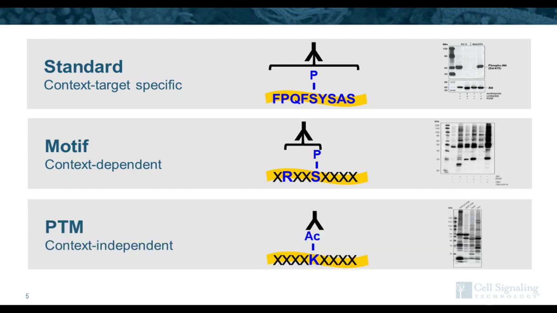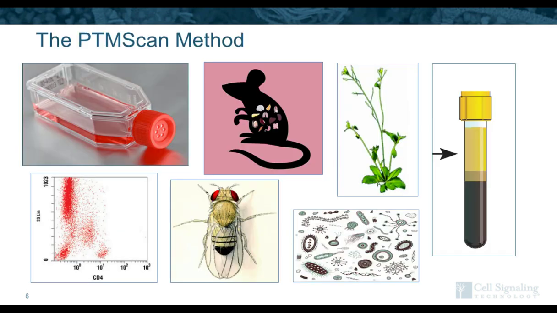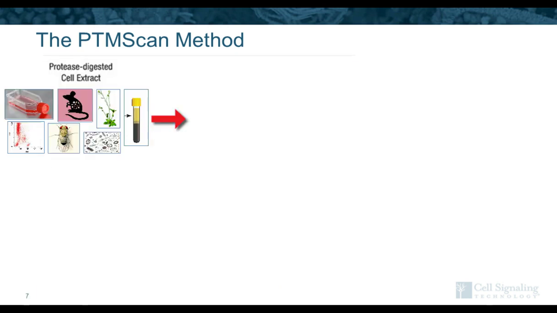So we can do this for phosphorylation motifs. We can also do it for other PTMs, like acetylation, again using that degenerate peptide library approach. So we then take these specialized antibodies and use them in the method, and it's really pretty flexible with respect to the types of material you can use as input. So we can do PTM Scan on cell lines, tissues, plant material, whole organisms, microbial samples, primary cells or sorted cells, even serum or plasma.